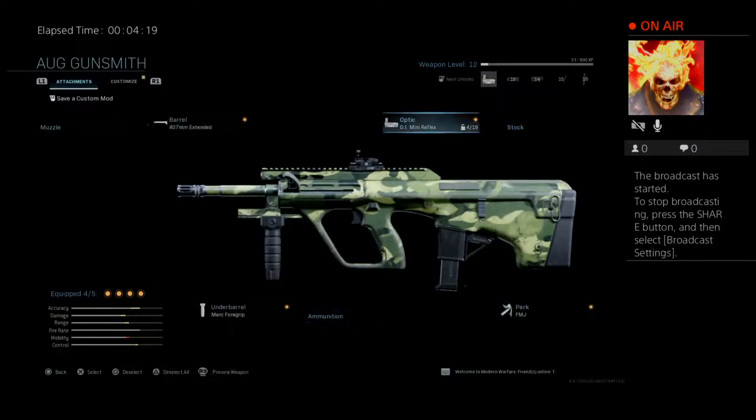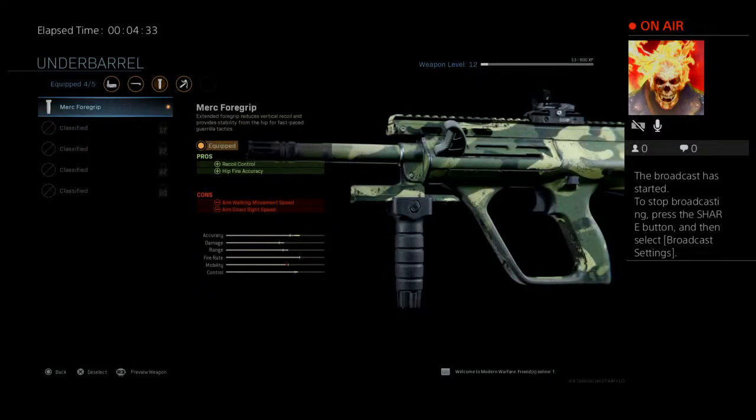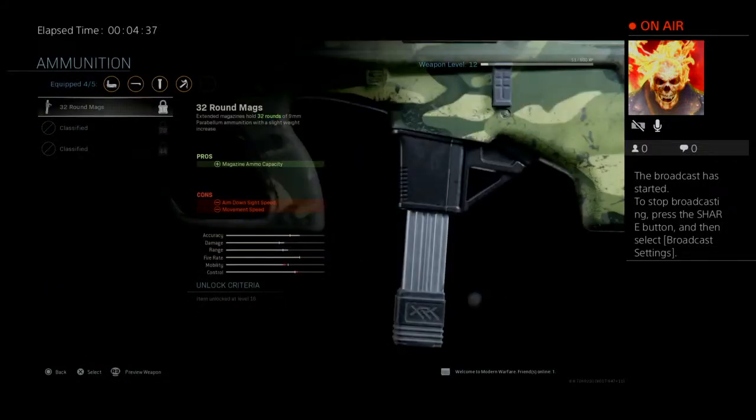So I just switched to a GI mini reflex for the AUG. Now here's something that not a lot of people are going to use. If you want it to be a laser weapon and you want it to shoot straight, run that damn foregrip. If not, raise the level up a little higher, use something different, or you can use an extended